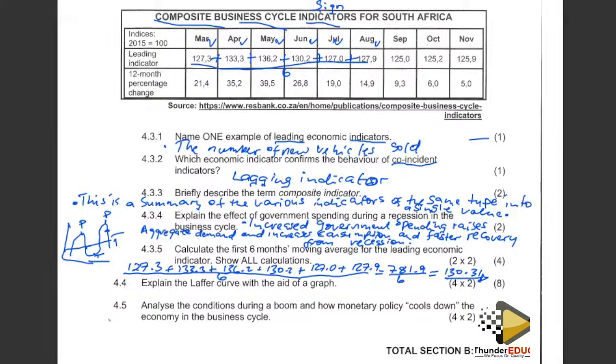So now when it comes to these moving averages, it is so simple, when you are in the position to understand what the question needs. Just like this one, the question says calculate the first 6 months moving average for the leading economic indicator. So as I have shown you how best you can approach this question, always make sure that you follow suit even when you are dealing with different scenarios, but still dealing with the same concept. Okay, right, grade 12. So now let's move on to